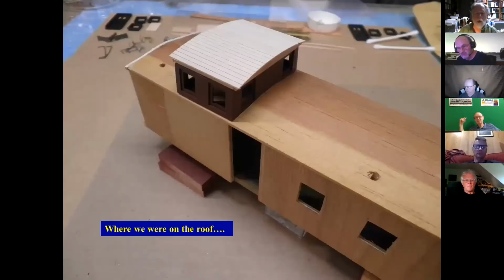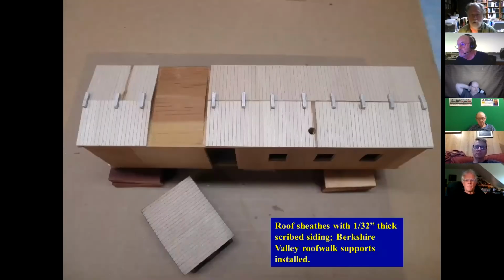So where we were on the roof, we had a cupola. It fits on there, nice and neat. Not any problem. Got some holes for some stack and a vent, more holes for windows and doors. Just a matter of putting all the parts where they belong. It's simple, right? Okay, well, I changed, instead of the cardboard that came with it, I used 1/32